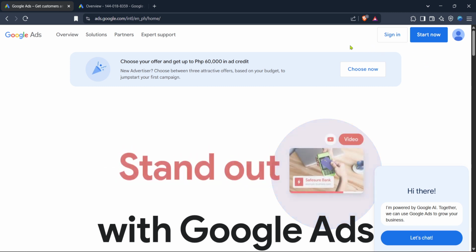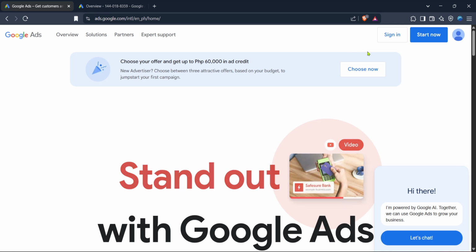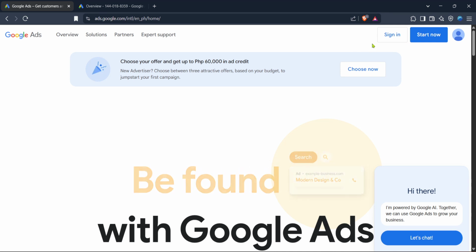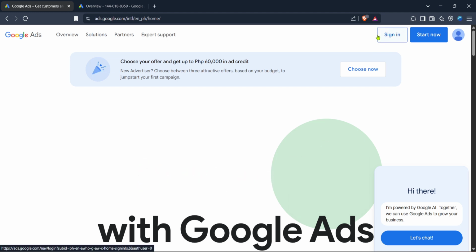First, you'll want to navigate to the Google Ads homepage. This is your starting point for accessing a vast array of advertising tools that Google offers. You'll find that Google Ads is designed to help you reach potential customers right when they're searching for products or services that you offer. A simple search can make a significant difference, so it's worth taking the time to familiarize